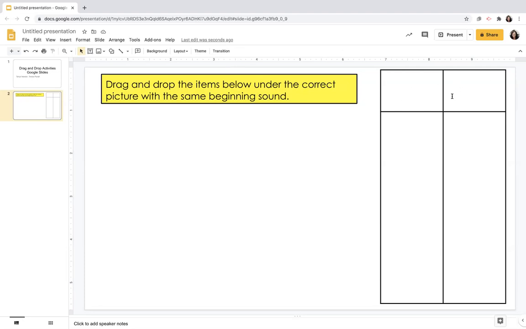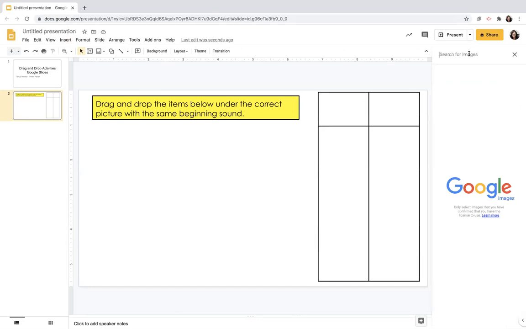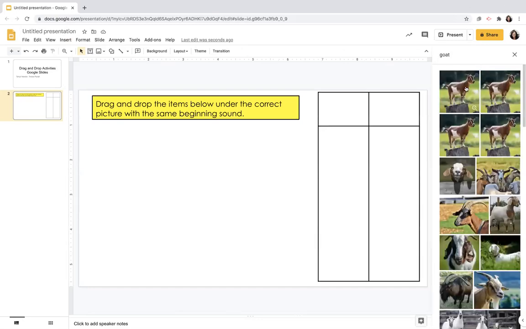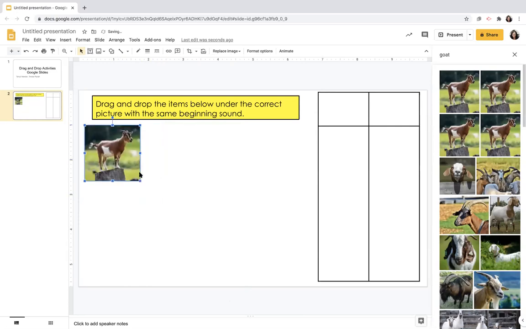And the sounds that we're going to be working with are the sounds that the letter G makes and the sound that the letter F makes. So I need some images. I'm going to go to Insert, Image, search the web, and I'm going to type goat for my first picture. I'm going to grab that picture over to the slide, and then I'm just going to work with it a little bit to get it the size I need